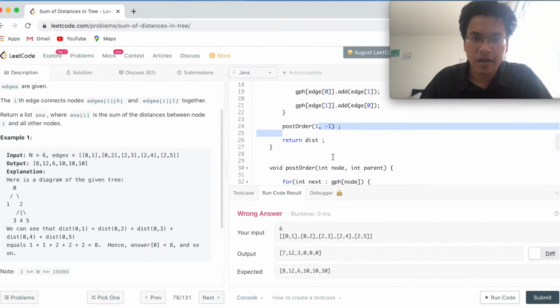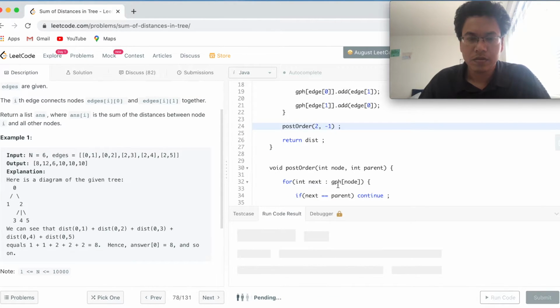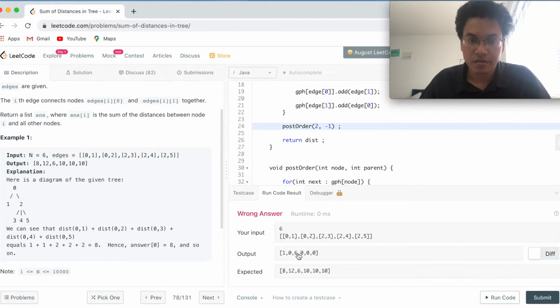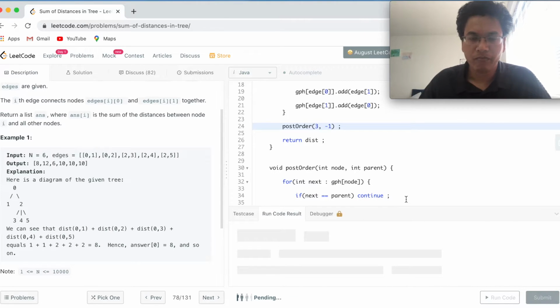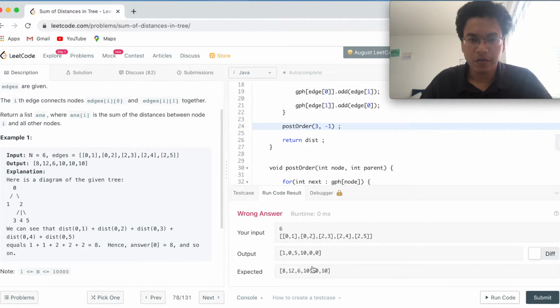Now let's verify 2, 6, see this is good, we got this for 2. Let's verify 3, whether we are getting 10 for 3. Cool, nice, we are getting 10 for 3 also. This is nice. So we are definitely going in the right direction.